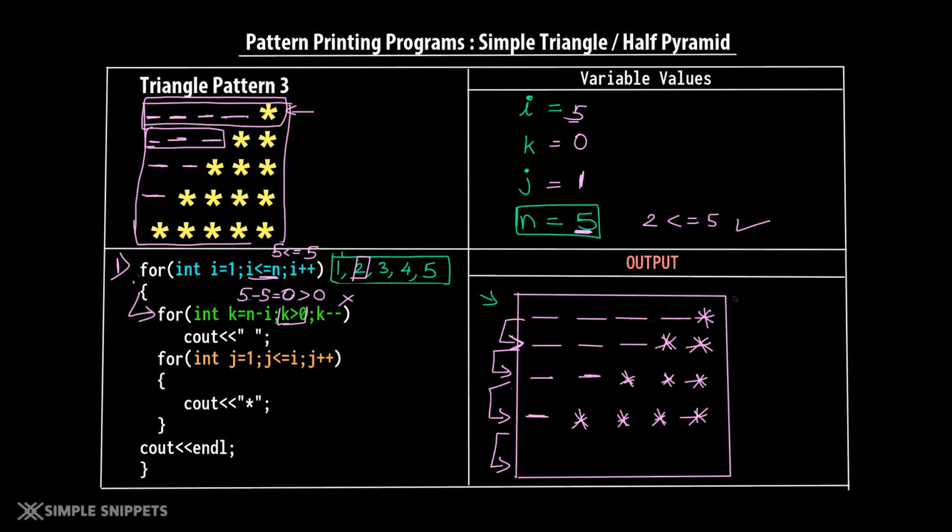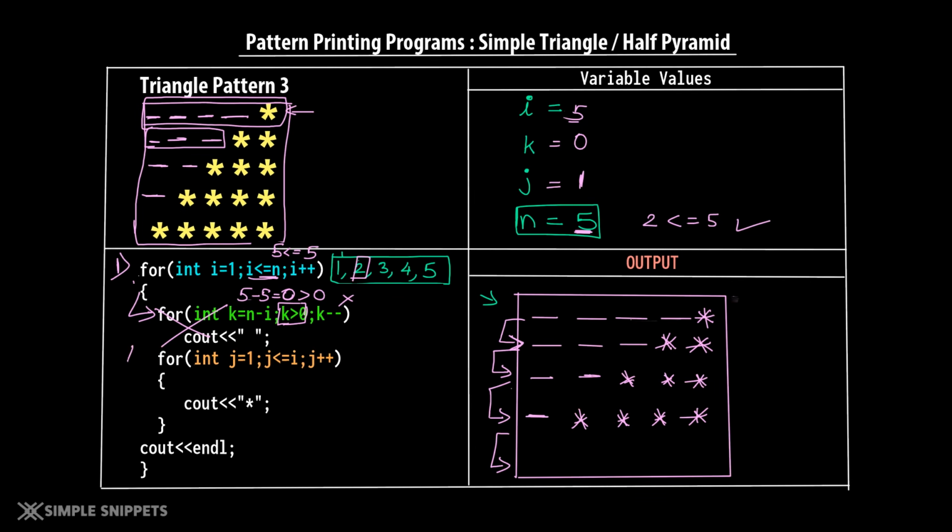No. So our condition becomes false itself because the condition is checked first, as our for loop is an entry controlled looping statement. I hope you know what is an entry controlled and exit controlled loop. For loop and while loop are entry controlled loops where the condition is checked first, and do while loop is an exit controlled loop. So of course this entire for loop will not be executed at all, so no space will be printed.